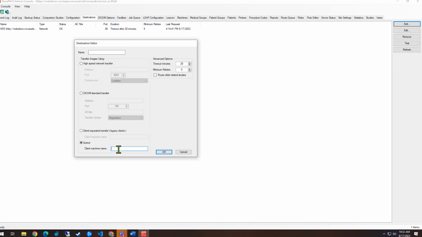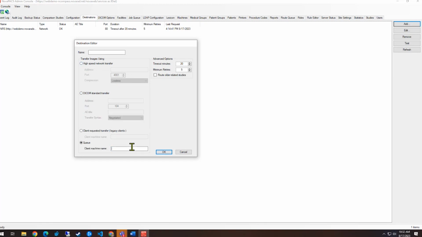So if you have a doctor that wants to read, normally we'll come up here to the DICOM transfer if it's a managed viewer, and we'll just kind of send everything as it's going throughout the day. But say that computer is not turned on all the time, or that user has to connect via a VPN, so there's not 24/7 access to that system. That's where this queue routing is really going to come into play. If the system's in a hospital, it's always on, it's always available. Standard DICOM is fantastic, or high speed.